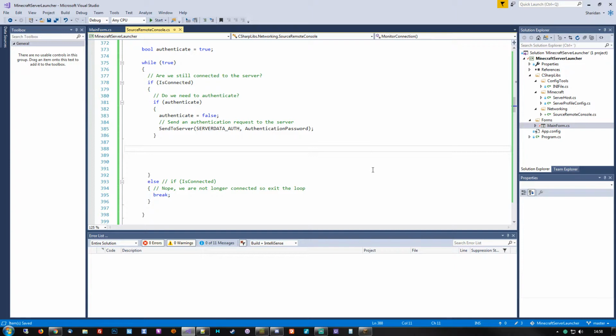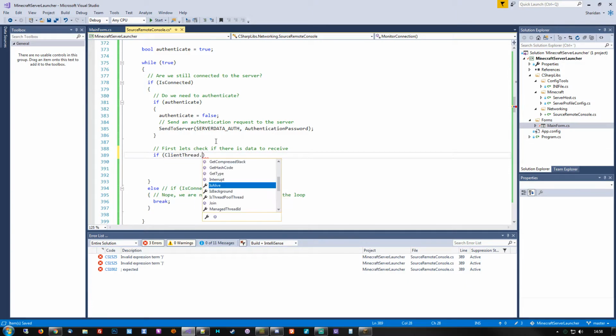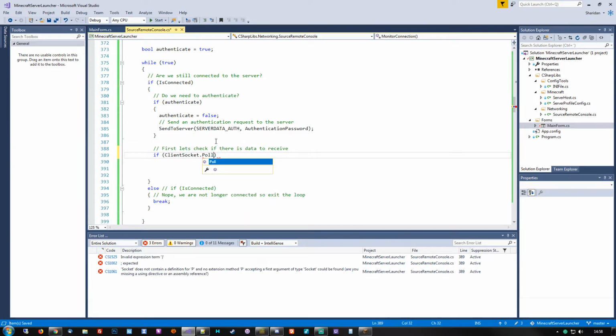Alright, so the next part we need to do deals with checking whether data might be pending for receiving. And if that isn't the case, then we should see if there's something in the send queue. So first, let's check if there is data to receive. So if not the thread, client socket, if the socket contains some data, we will